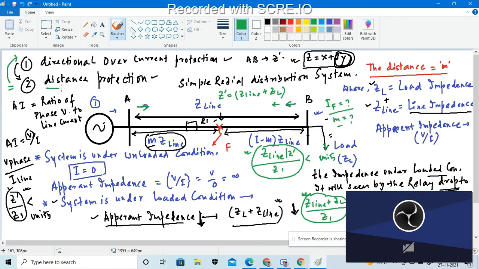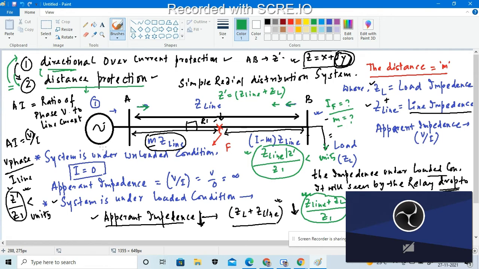Okay, so for that case, this distance protection inherently has another behavior, which is directional. If we apply a distance protection relay here, we do not need a directional overcurrent relay, because the task assigned to the directional overcurrent relay will already be done by the distance protection. That is why the distance protection relay is called the advanced version of the directional overcurrent protection relay.